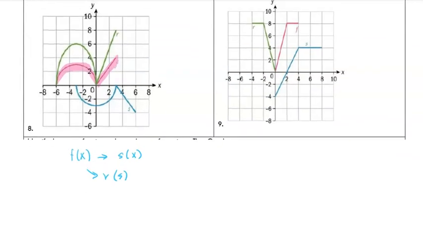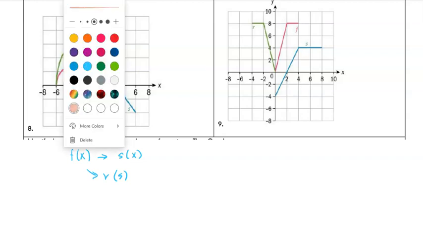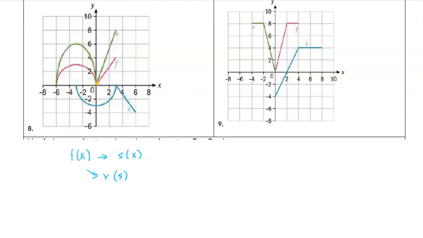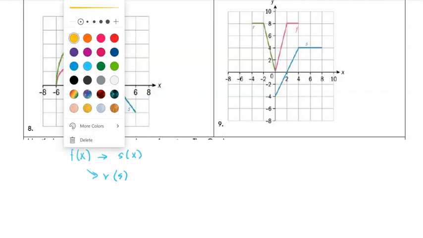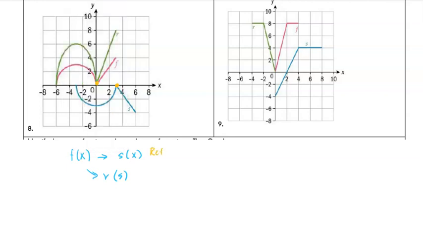So for s, first of all, let me go ahead and erase this so I can clearly see. It looks like there was a reflection over, if you look at that point and that point, it was a reflection over the x-axis. So for s, it looks like there is a reflection over the x-axis. So this reflection, let me go ahead and write it. Reflection over